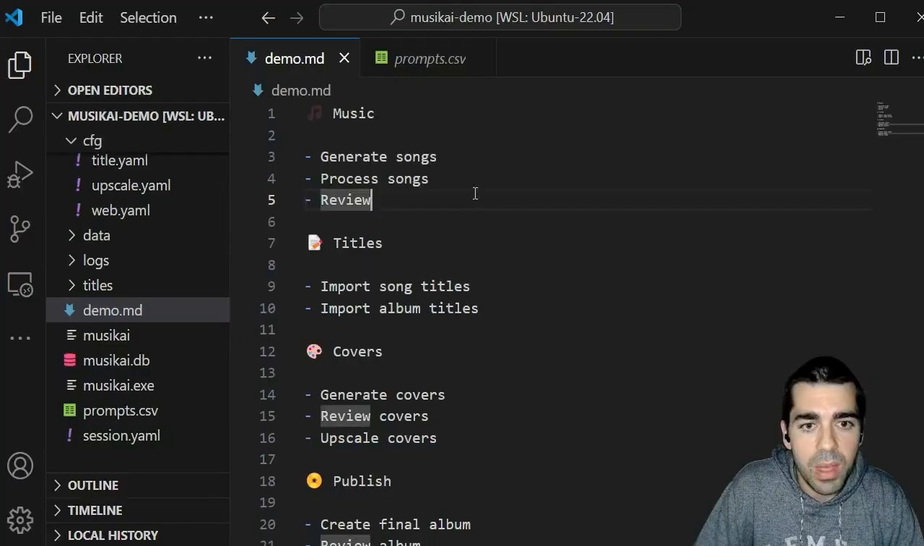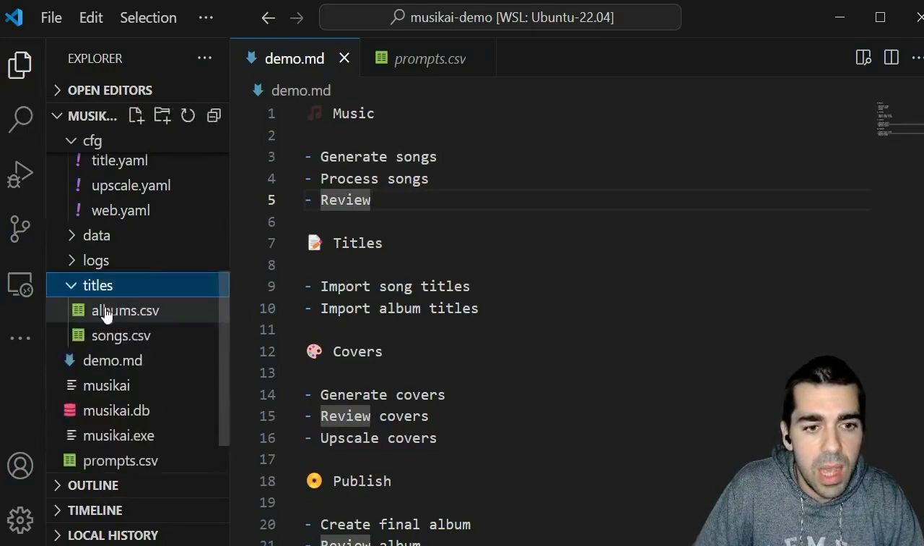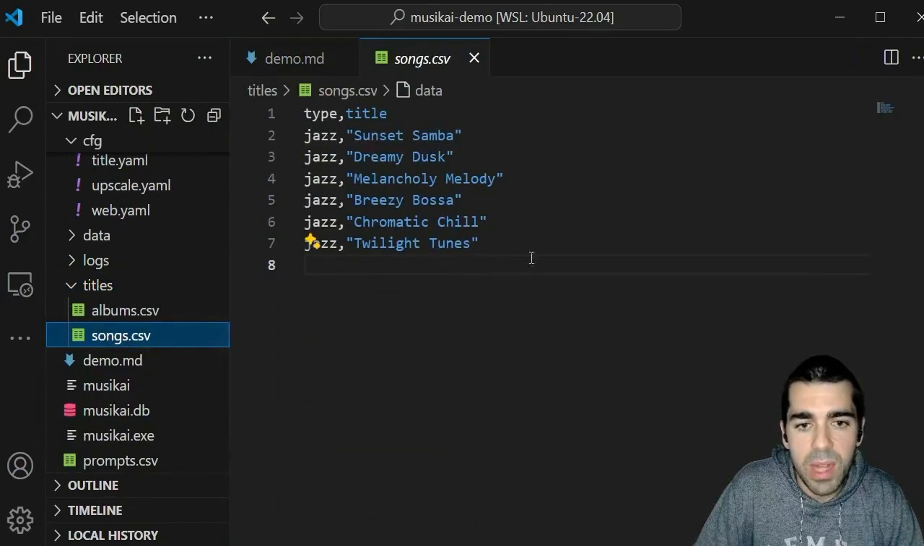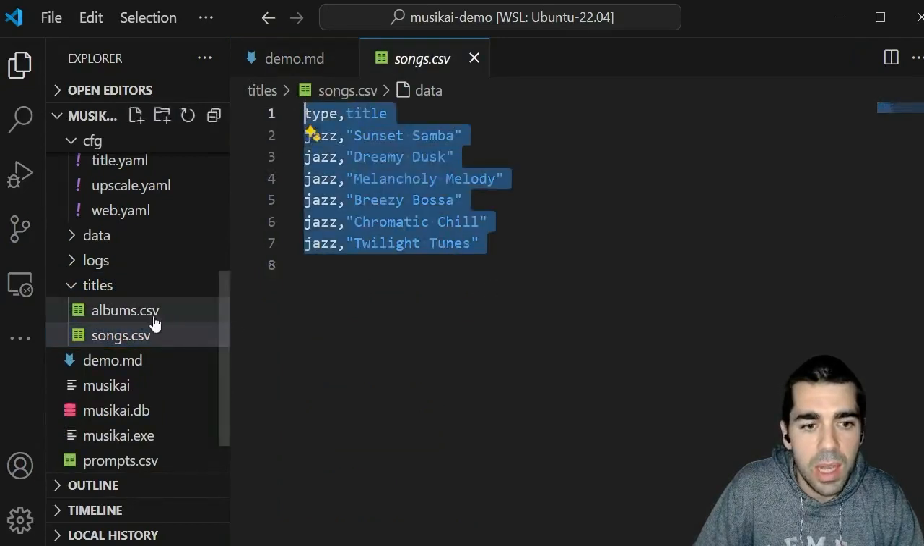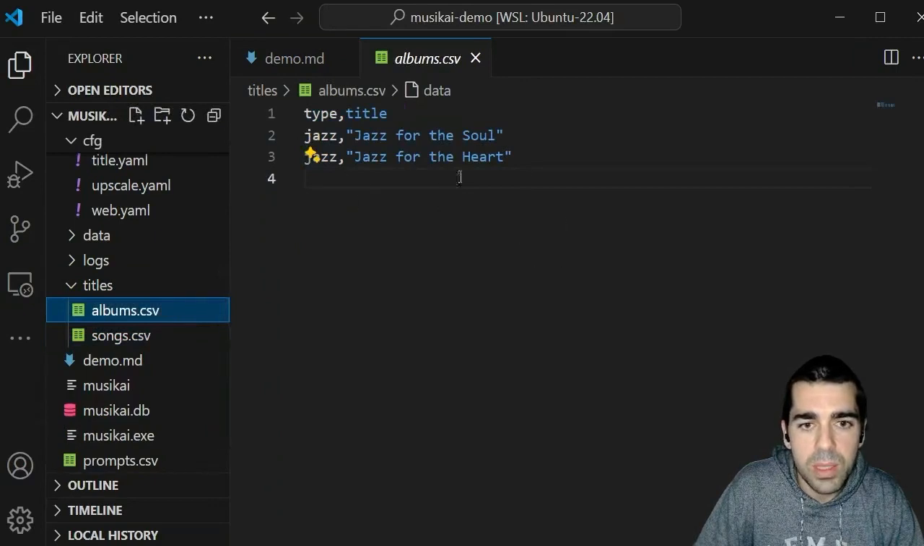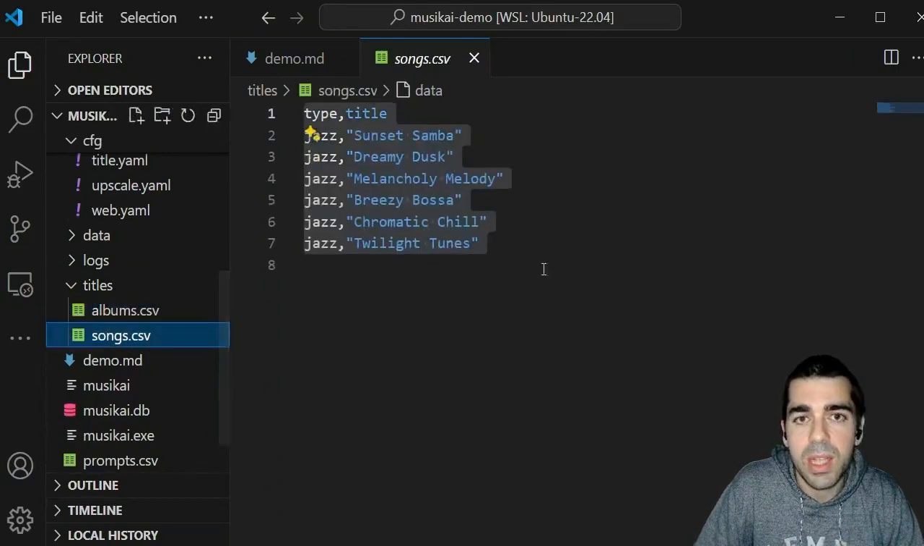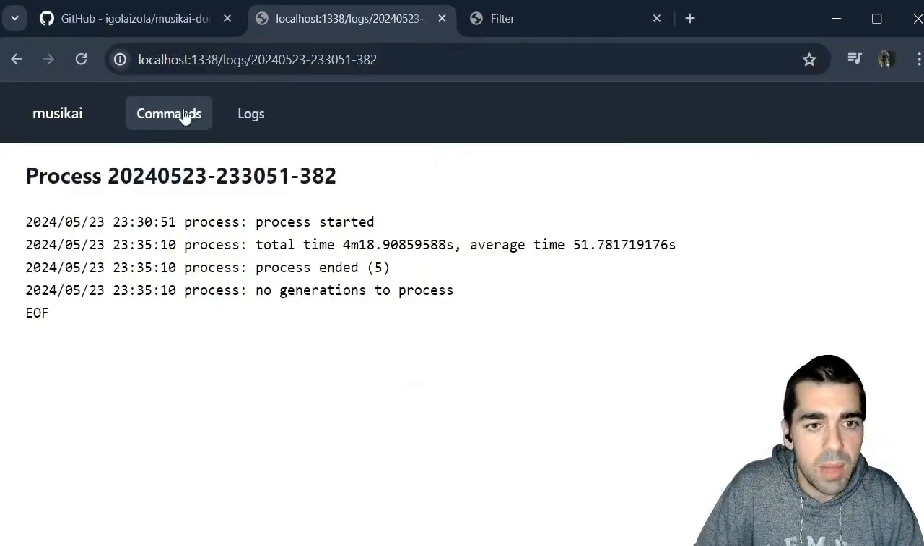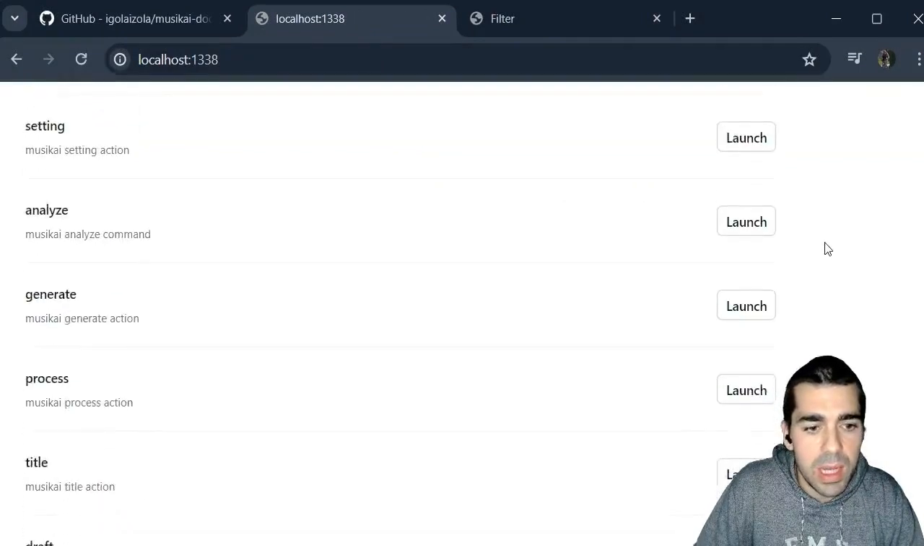Okay, so we have already created music. Now what we're gonna do is import titles in our database. For this, I already have some CSV files with song titles and also album titles. So you could generate this with, for example, ChatGPT or a similar AI and paste it in a CSV with this format. So if I go again to the command web, what I'm gonna do first is import